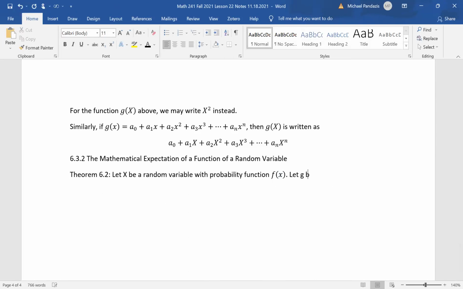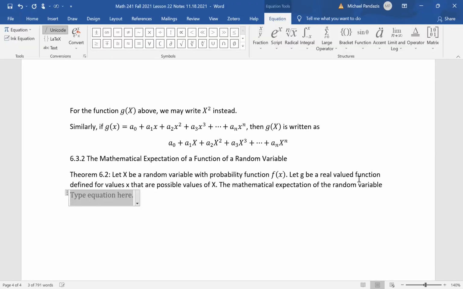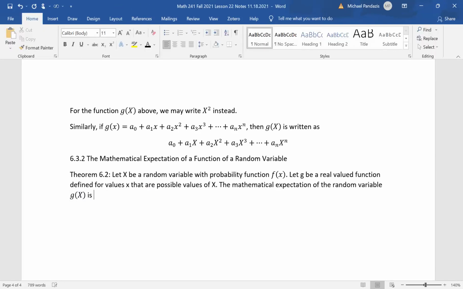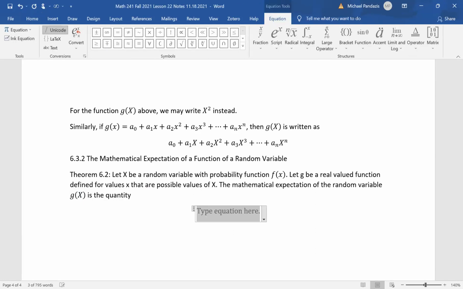Let little g be a real valued function defined for values little x that are possible values of capital X. The mathematical expectation of the random variable g of capital X is the quantity E of g of X,